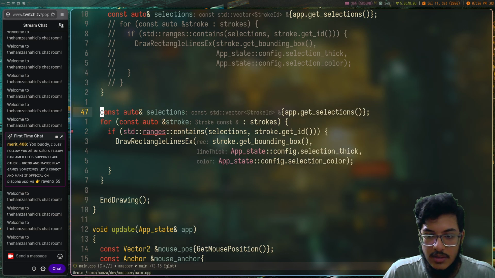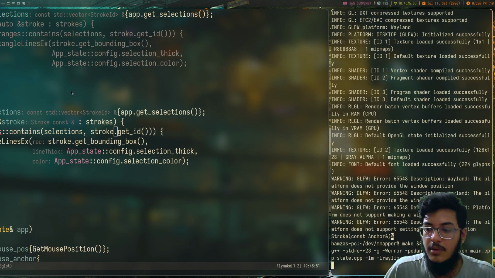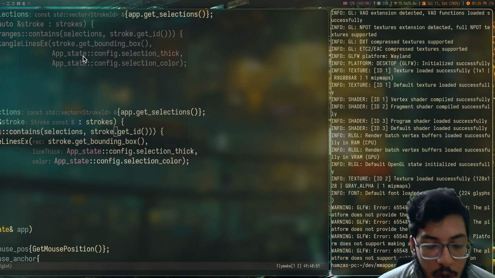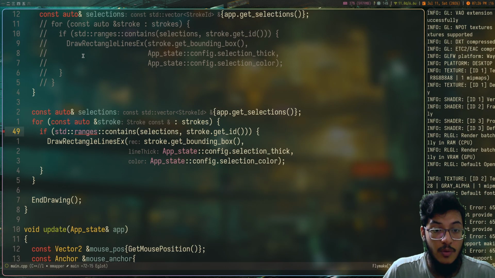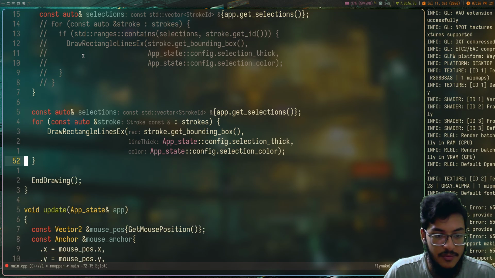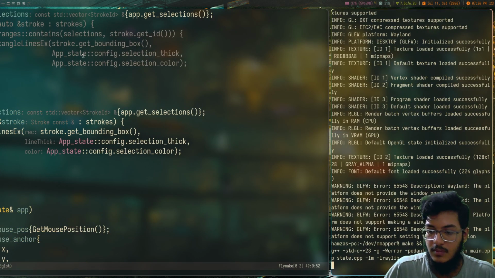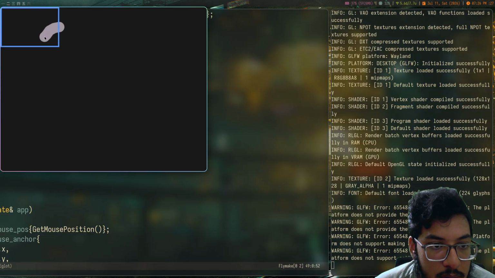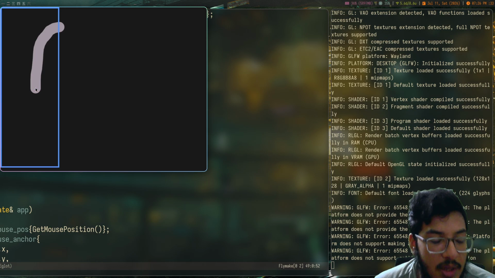Const auto selections, app.get selections. Then for each stroke. Okay, because we haven't selected it. Oh, we need to draw this without checking if it contains. Just need to draw its bounding box. Okay, boom. And it extends it by its. Okay,